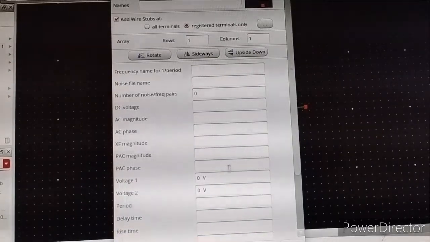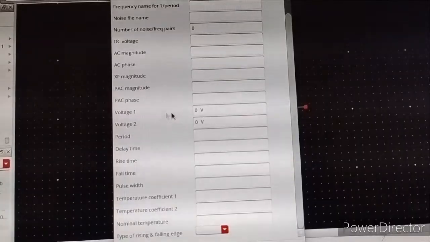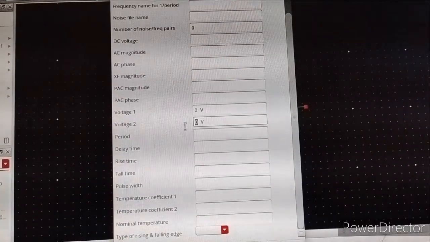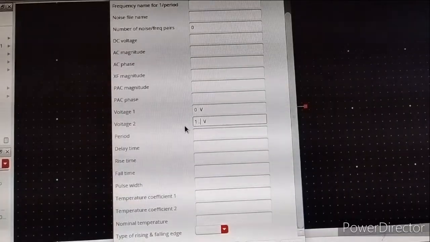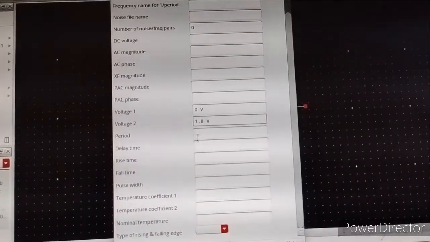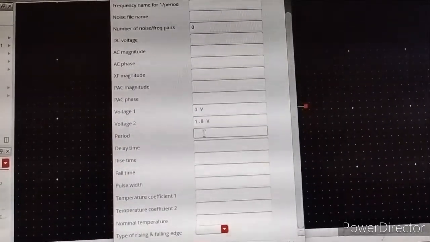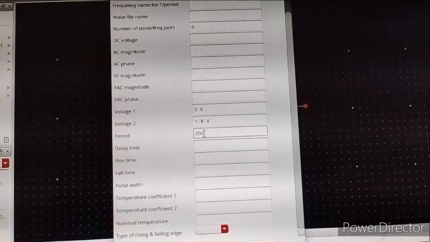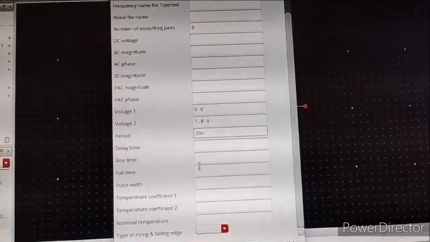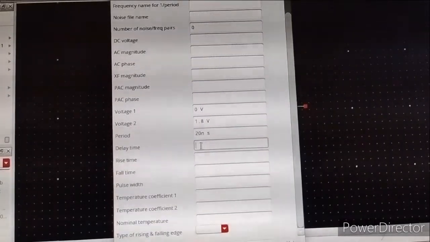Select VPulse. Here voltage 1 is 0, voltage 2 is 1.8 volt, period is 20 nano, delay time no need to give or otherwise